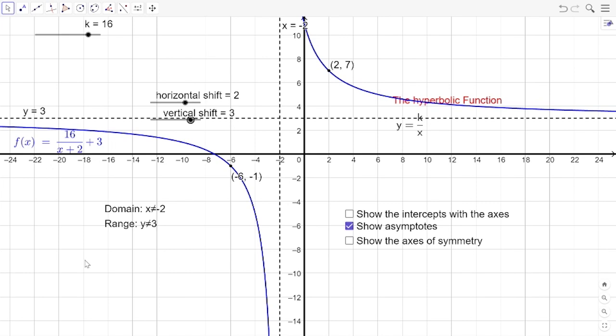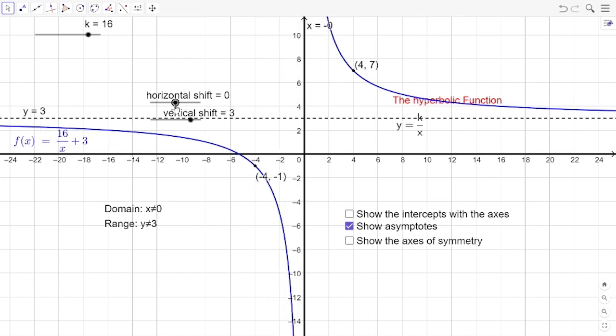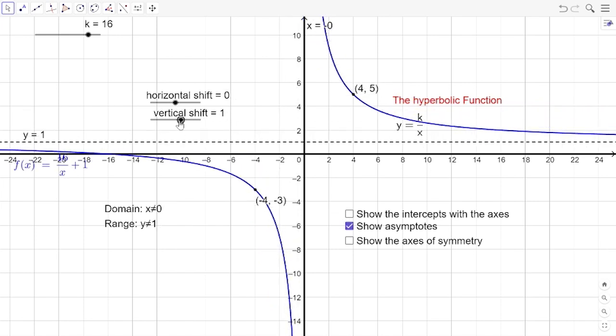We also have, for this graph, we now obviously have intercepts with the axes, which we wouldn't have before we moved it. Remember, we find y-intercepts by letting x be naught and x-intercepts by letting y be naught. This graph also, and I'm just going to put it back to its vanilla flavor,